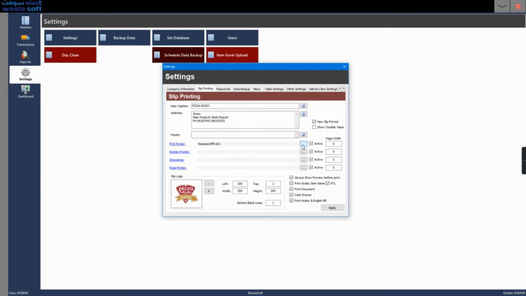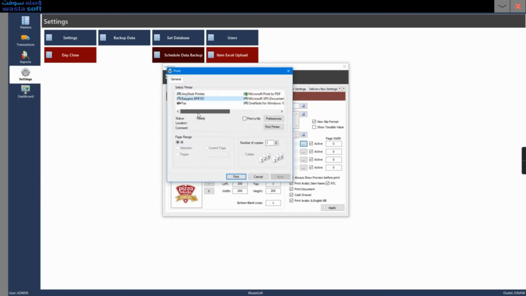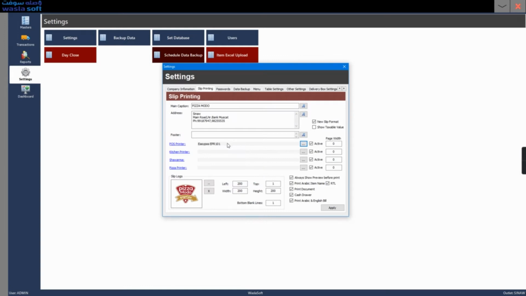And this is where you enter which printer you want. This section is for when you put KOT, when you are punching into KOT. So it is in this place you are setting up all the printers. You can disable the printer here so that it will not come. And for each printer you can set the page width also.